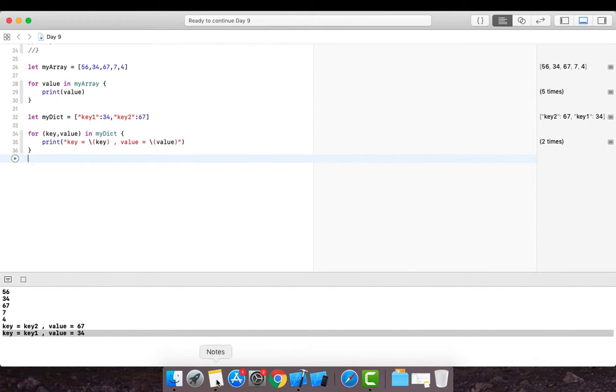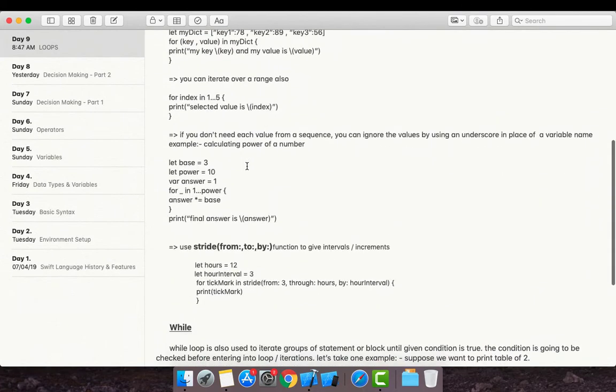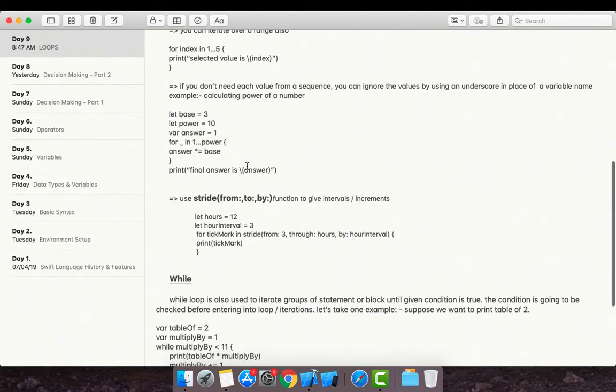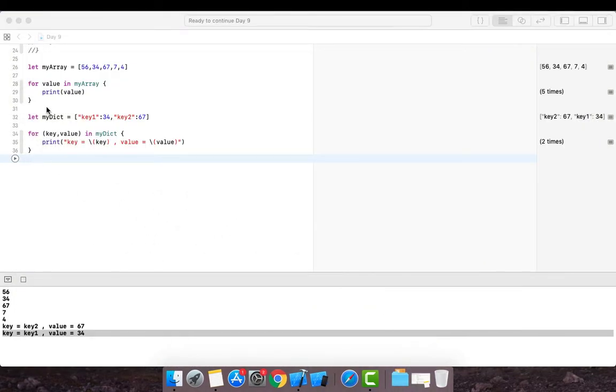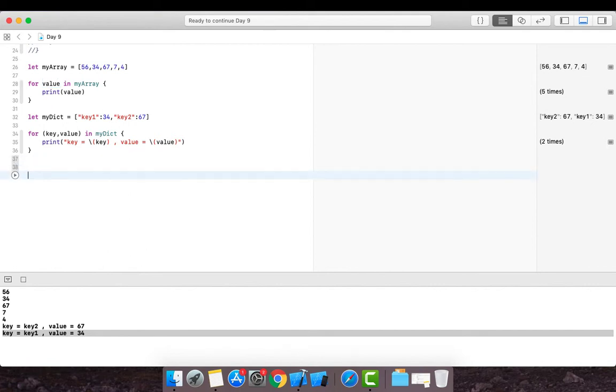Okay, so let's jump on, I don't think much explanation is required here. Okay guys, sometimes you don't need to use this value. You just want to repeat a statement, but you don't make use of this counter value, then you can skip it. So let me take one example. Let's say once again I want to print Swift series 10 times. So for that I'm going to use